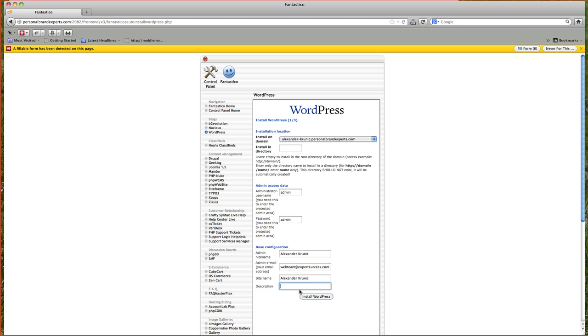The description would normally be their tagline. You know how to change that once you've created it. It's in the WordPress settings, a general setting, so I won't put it here because I know what it is. If I just install it,